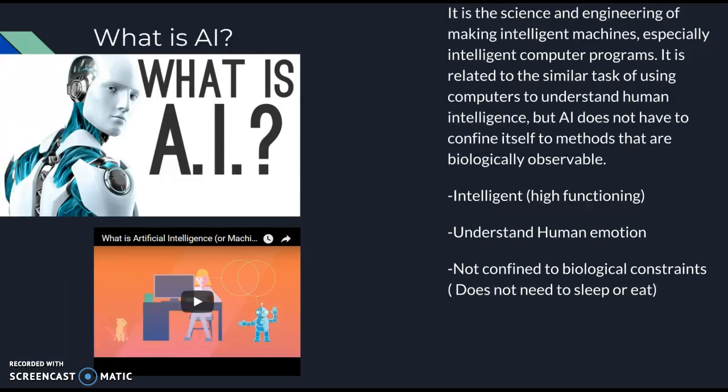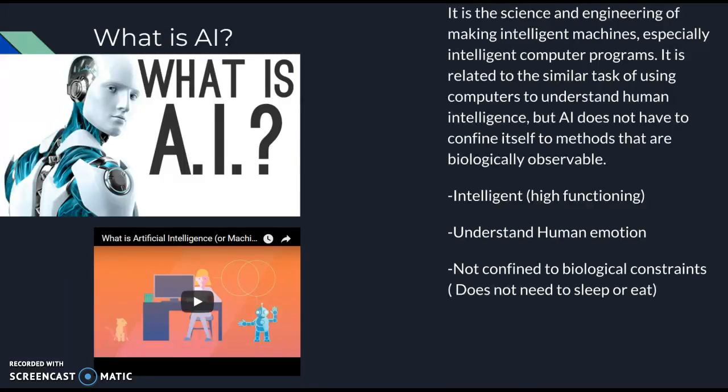For instance, I decided to use one of those bots, and I started messaging it like, "I hate you, you're the worst," and it would respond and be like, "Are you mad? Are you upset? Is there something I can help you with?" So that's just an example of artificial intelligence understanding human emotion and coming up with an appropriate response to that.